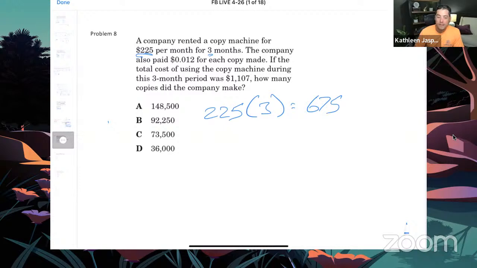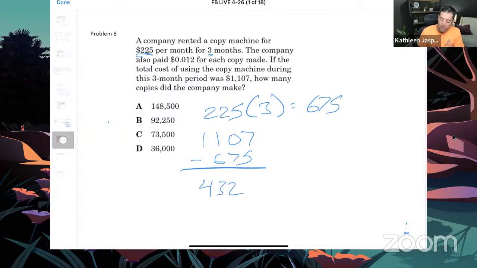The company also paid 0.012 for each copy made. If the total cost of the 3-month period is $1,107, how many copies? Okay. So I've got $675 already for my rent. I've got the 1.2 cents for each copy, and I've got my total $1,107. So what I want to do is start with our $1,107 and subtract the $675, because that is our rental fee. So 1,107 minus $675 gives me